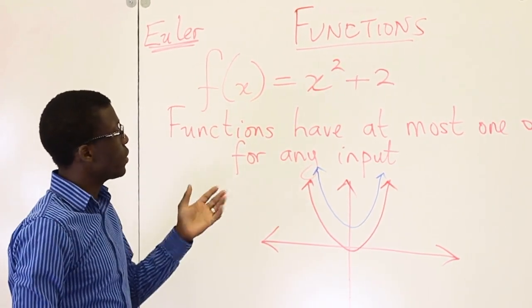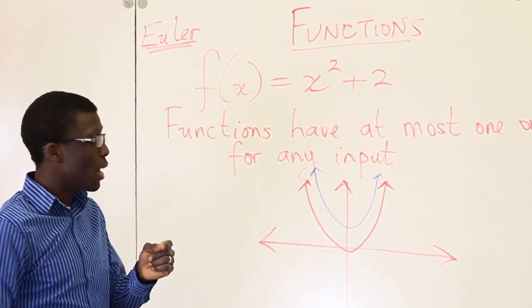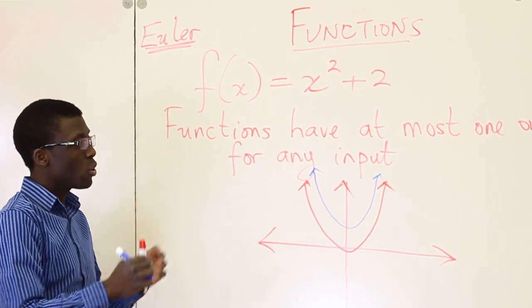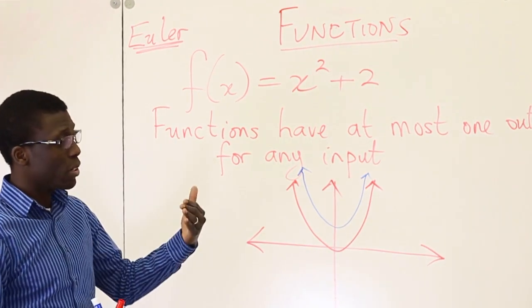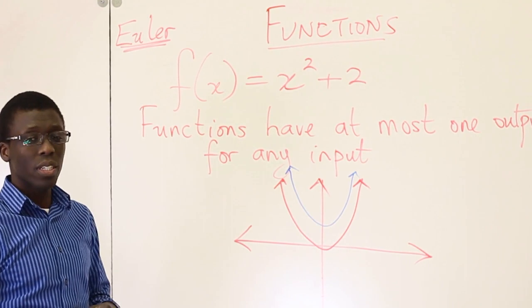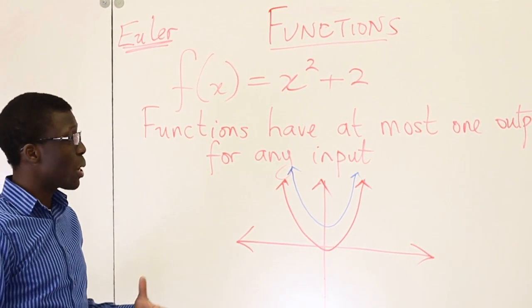So we're looking at functions. Functions have at most one output value for any input value. And we will look at this in more detail, and it's discussed a lot in Algebra 2 and Pre-Calculus. But our textbook ends with functions, and there's quite a few things to say about functions, but I just want